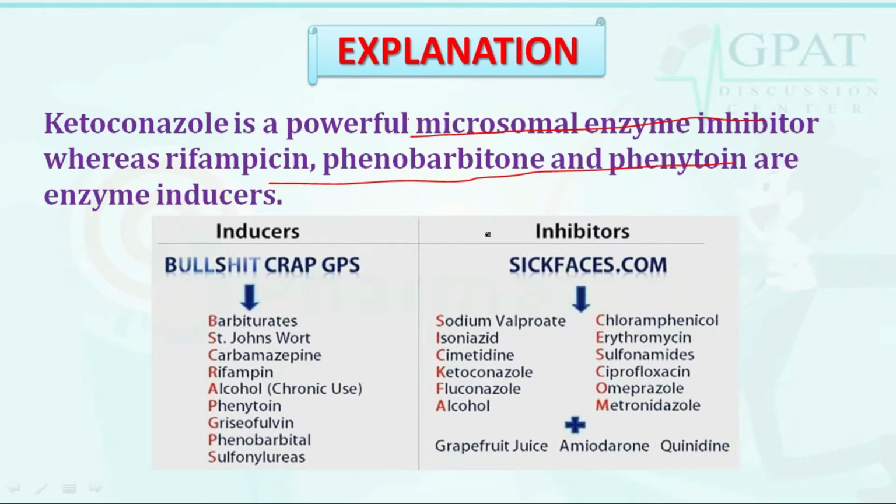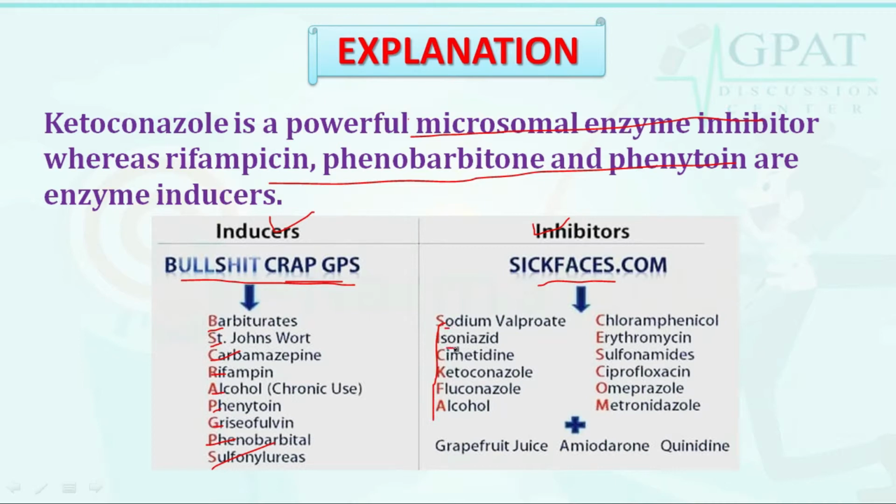phenytoin are enzyme inducers. Here we have mentioned a table of what are the inducers and what are the inhibitors. Let's discuss with the help of mnemonics: just learn BS CRAP GPS. B for barbiturates, S for St. John's wort, C for carbamazepine, R for rifampicin, A for alcohol, P for phenytoin, G for griseofulvin, P for phenobarbital, S for sulfonylurea. And coming to the inhibitors part, that is SICKFACES.COM, where these drugs are denoted: SICKF,